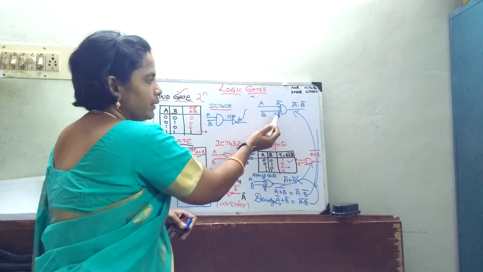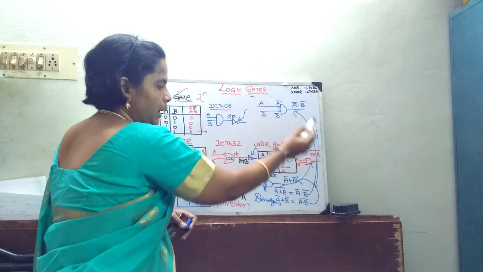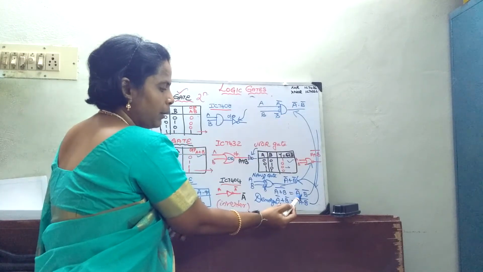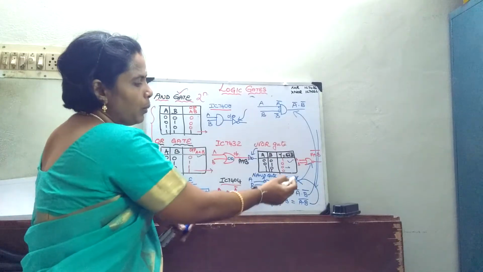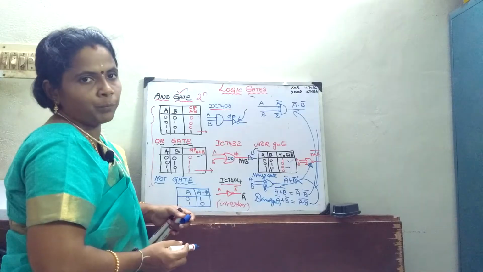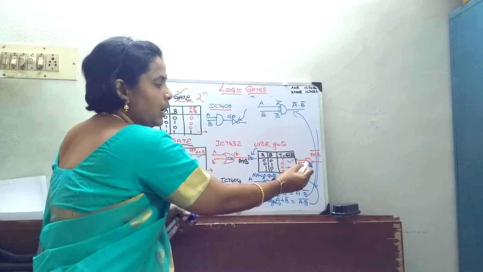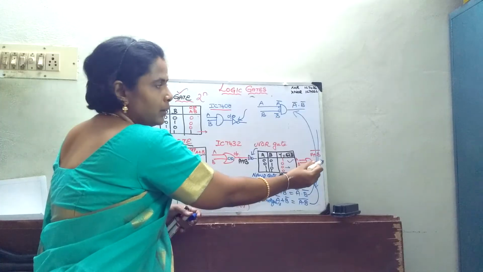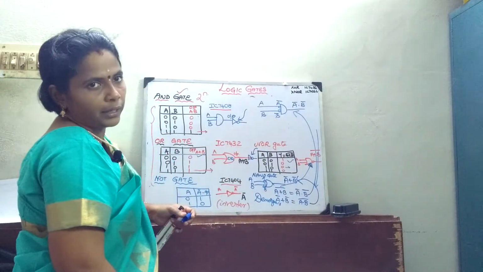So when I am going to get the data as A bar, B bar, I am getting the output as A bar dot B bar. As per De Morgan's law, A bar into B bar is nothing but A plus B the whole bar, which satisfies my NOR gate operation. So either way you can write, either I can draw it as an OR then bubbled, or bubbled NAND. Bubbled NAND will be my NOR gate.